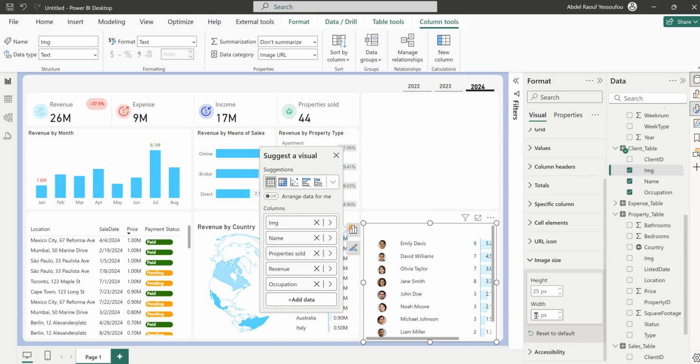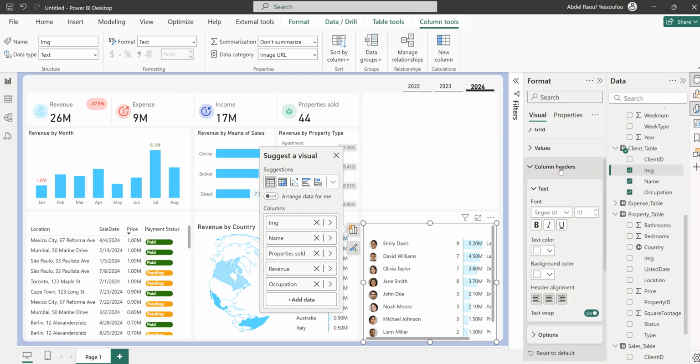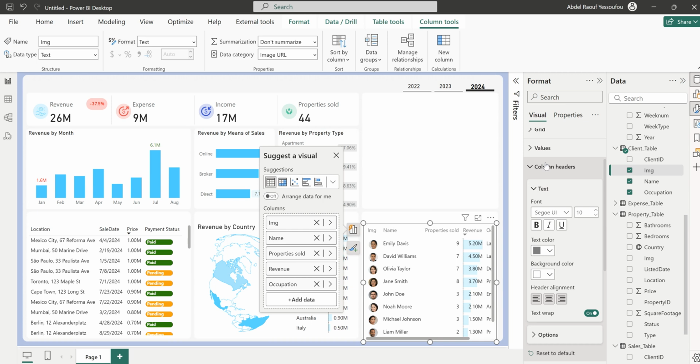Okay, so for image here, let's format this for image. We have 25 as height. I want this to be 30 for the width. We can show the headers here. So column headers. The text color should be something like this. Okay, so number of properties sold, I can just leave it like this. Okay, and